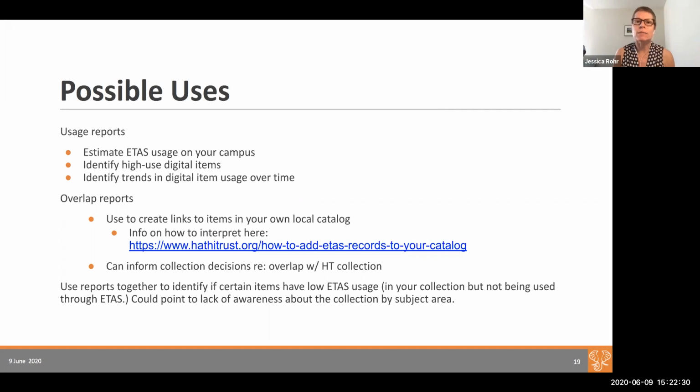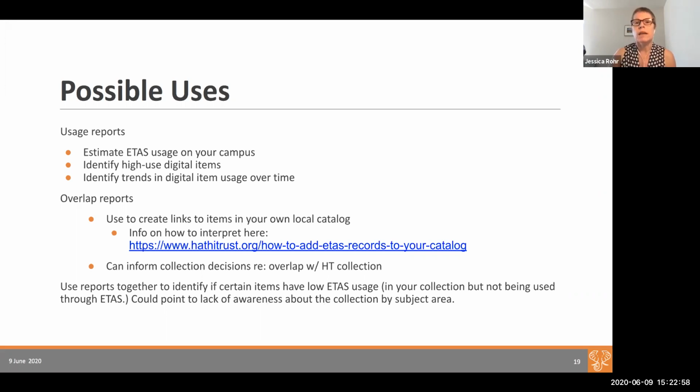And when I say estimate, I'm also thinking of those users who might be looking for a particular title, who go to HathiTrust looking for something specifically, but don't find it immediately. So there may be those who are interested in certain titles, but aren't immediately finding it. That said, once you are really looking at these reports, you can identify items that are high usage at your